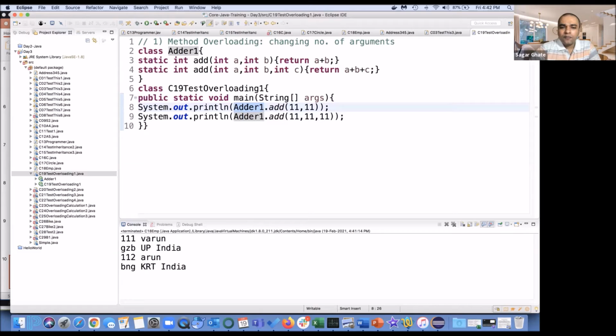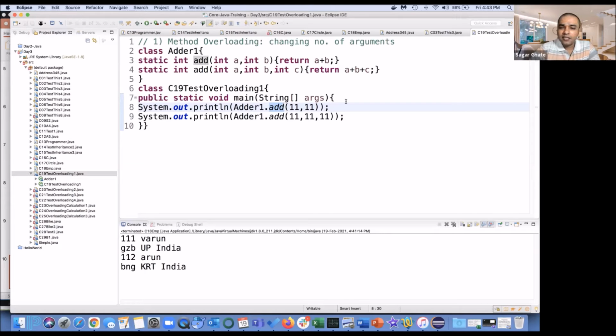So for the time being, if you forget about whatever is written after add, this seems to be similar, which means inside my Adder class, I'm going to call some function with the name add. So you can have multiple functions with the same name, but with different signatures.